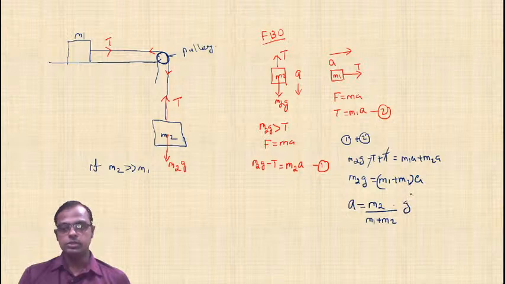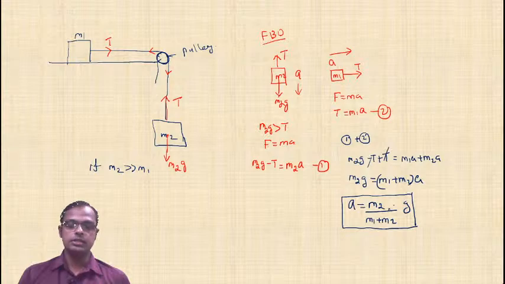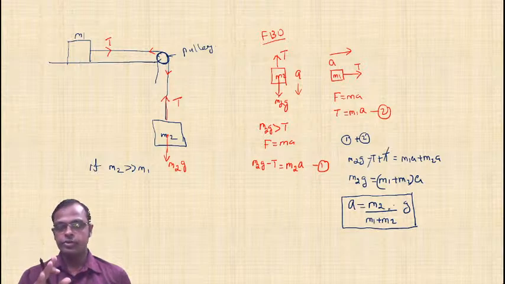So this is the formula to calculate the common acceleration of this type of problem. And note that there is no friction at all. If friction is present, you have to draw a friction force opposite to that of tension. So we are not discussing that in today's class. I hope it is clear for everyone.